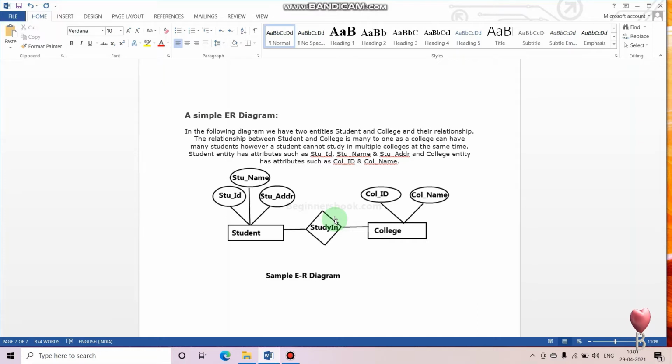We'll create this diagram in the UML software, in which you have to perform the practical in the next video. We'll be creating this student table and college table, and assigning these fields to the respective tables. We will create this many to one relationship, and we'll do one more thing.